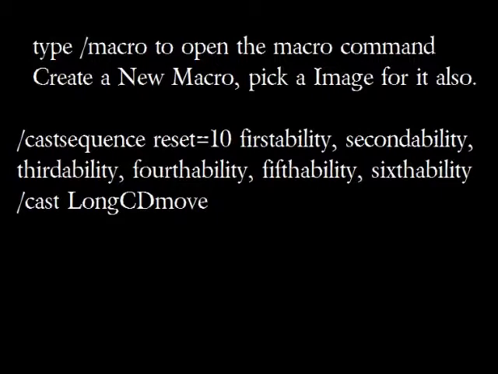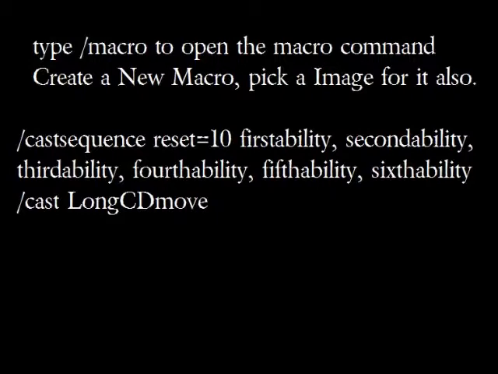So again, the first thing you do is type /castsequence reset=10 space. Now let me explain what the castsequence reset 10 does. First of all, you can put any number in there. It doesn't have to be 10. It can be 3. It can be 8. It can be 15. I would go with the higher number for several reasons, and I'm going to explain what